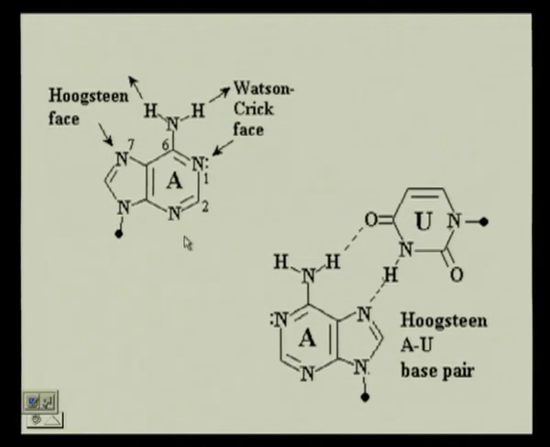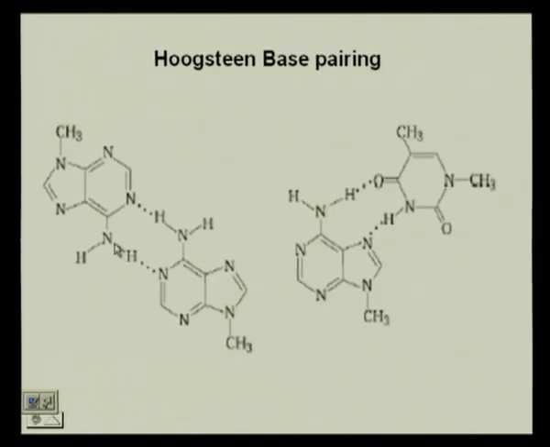Okay. So, if we go back, if we look at where this has formed, you see this is a Hoogsteen pairing, this is between what? This is between the 6-membered ring here and the 6-membered ring here. And in this case, when we look at the A, this is between what? 2 A's or 2 purines. When we look at a normal Hoogsteen base pairing, the difference from the Watson-Crick pairing is, let us look at